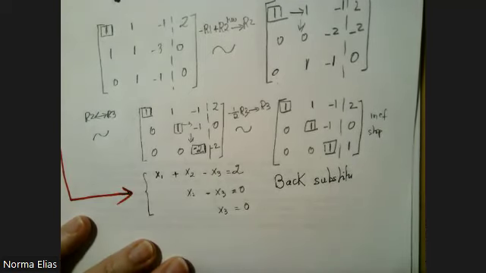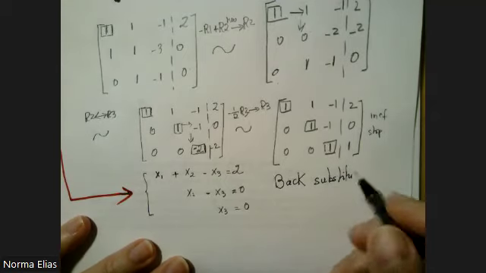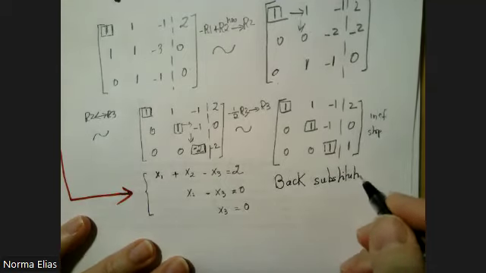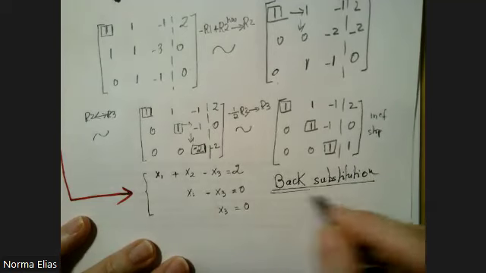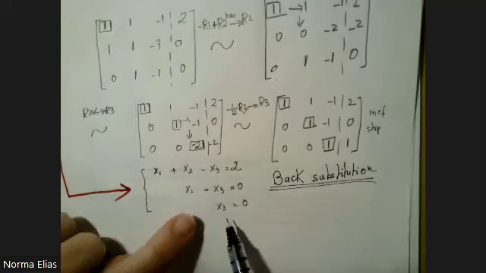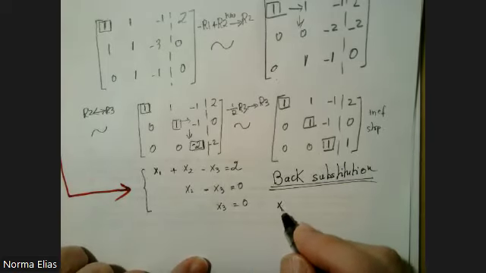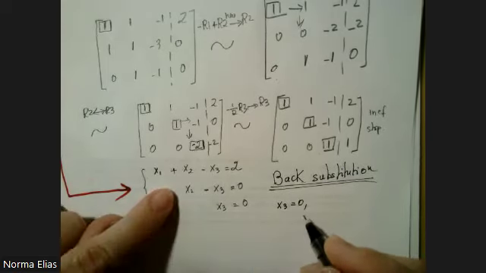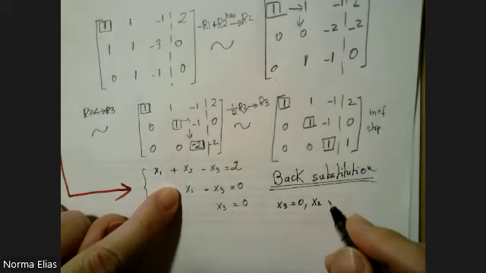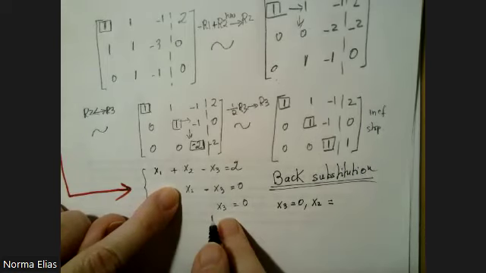Now we are going to use back substitution to solve the system. X3 is 0, so we're done with X3. X2 is equal